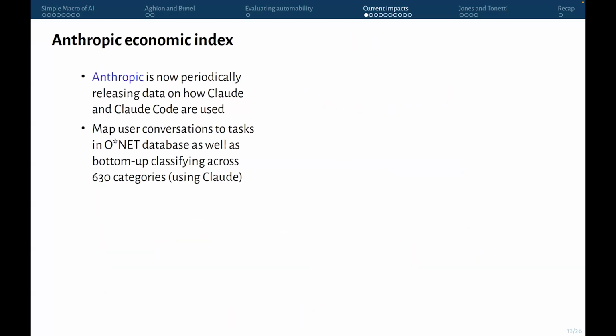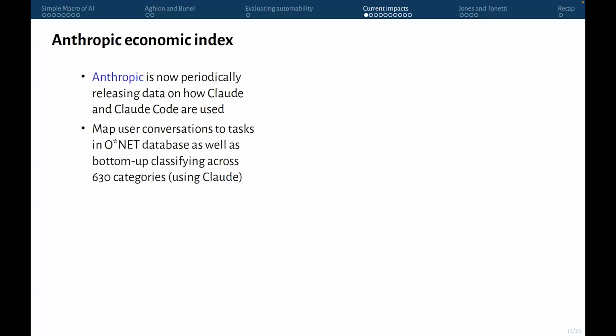This was Bharat's slide. I've got 13 minutes before Arjun's supposed to come on. So this is going to be just a quick tour of a bunch of different evidence on the current impacts of AI: how much people are using it, labor markets, productivity, et cetera. I've cited what I think are the most important papers here, but there's a lot of work I haven't cited. And if someone thinks something's particularly important, feel free to shout it out.